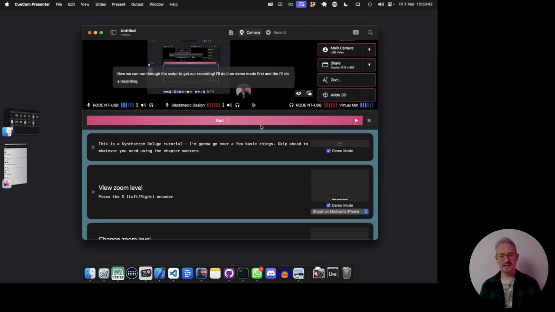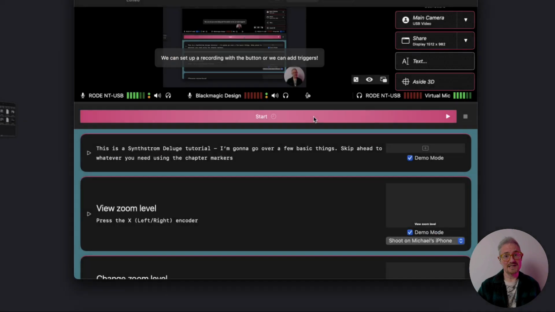So I'm going to hit start. This is the only button you need to think about, and there's a keyboard shortcut for it. You can put it on a Stream Deck. This is the only thing you have to think about, pressing next. So you saw as I was going through this, I was just pressing next each time. I should really have a clicker that I can hold here. We'll do that one day. But yeah, I'm just going to press start. And you're going to see